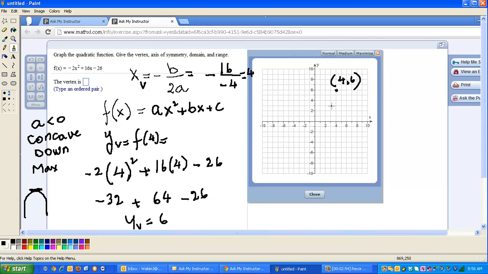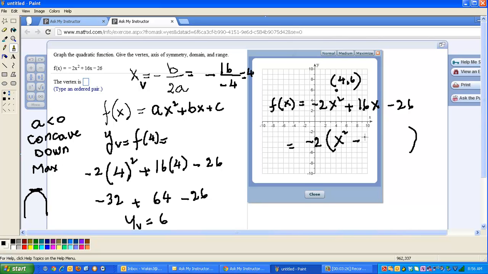Now let me show you how to find the vertex by completing the square. So let's go, f of x equals negative 2x squared plus 16x minus 26. The first thing I like to do here is take negative 2 as a common factor. So if I take negative 2 as common factor, this is x squared